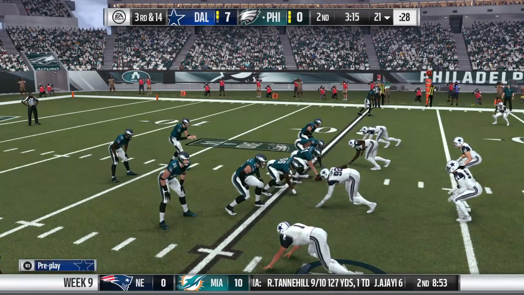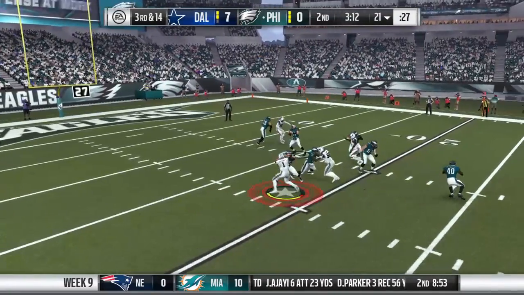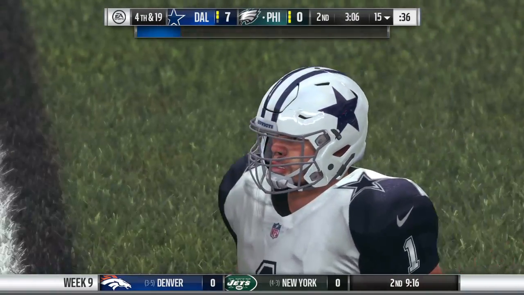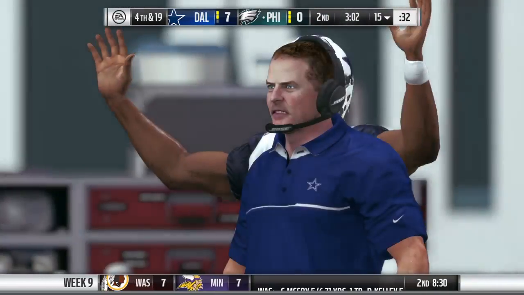Here we go. 3-19. From the gun on third down, Wentz. He's got time. And the Cowboys' pressure gets there this time for the sack. Clinton McDonald, he's the one that gets him down. It'll be a loss of 5, and it'll...